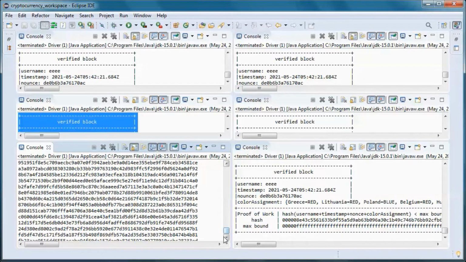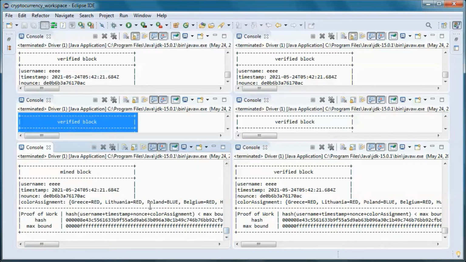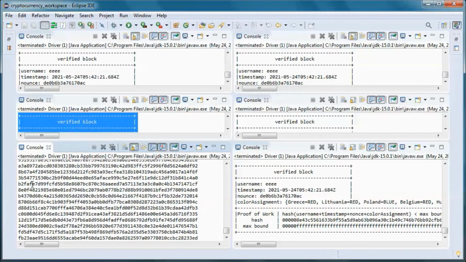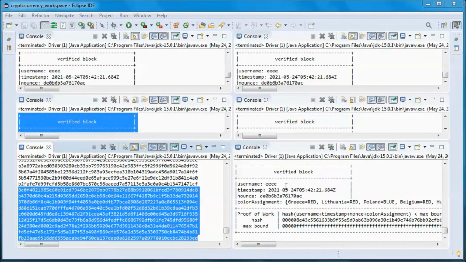So the proof of work here is a piece of data which is time consuming and costly to produce, and this means it needs a lot of electricity that is spent on computing resources.